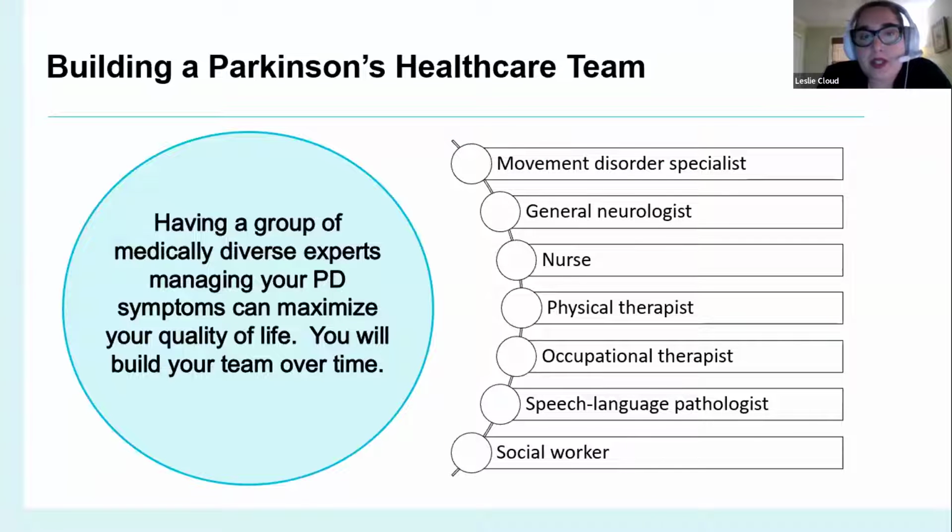Treating the symptoms of Parkinson's disease is a team sport. I cannot emphasize this enough. In addition to a neurologist over the course of the illness, chances are you will need a physical therapist, an occupational therapist, a speech and language pathologist, maybe a social worker, nurses, potentially other professionals, perhaps a genetic counselor. I could keep going. So, if at all possible,